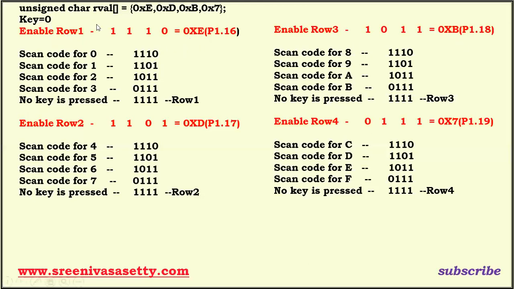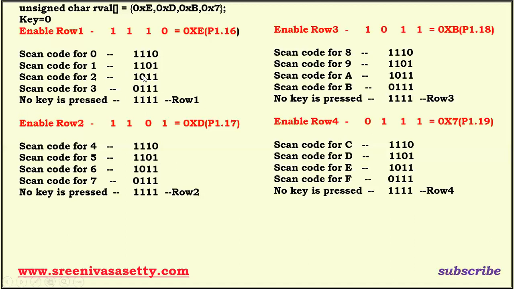What is the value of key? 0. That's all. Here, 1 means the key is not pressed. Then count. So what is the value of key? 1. Then 0, stop. Which key have we pressed? 1. How many ones do we have here? 2 ones. Once we encounter 0, stop. Which key have we pressed? 2. How many ones? 3 ones. Which key have we pressed? 3.